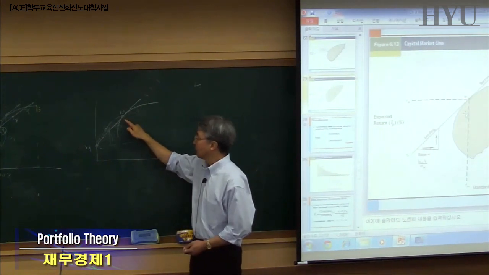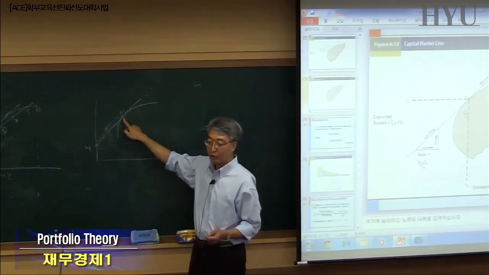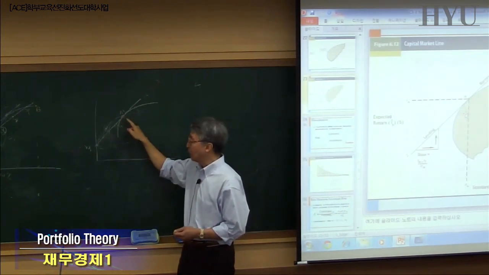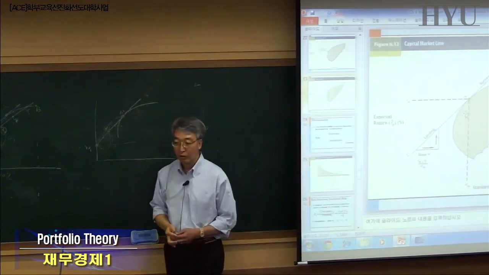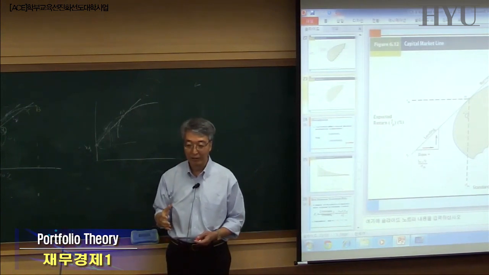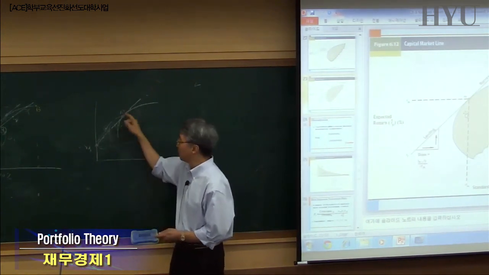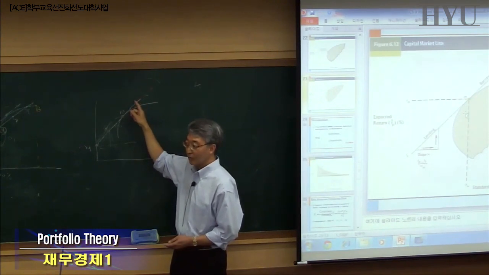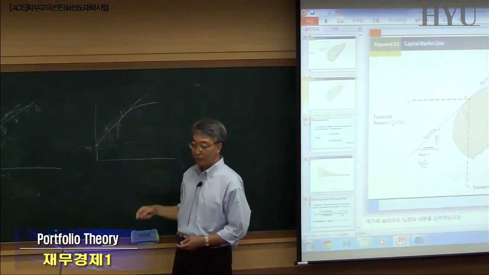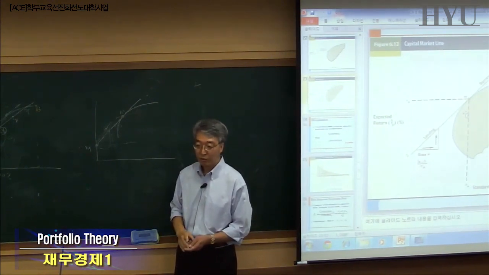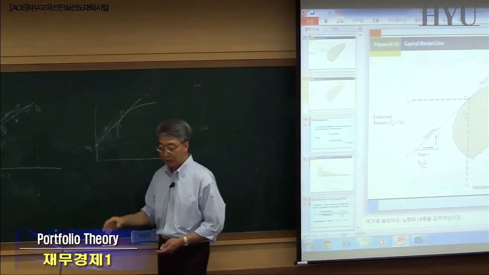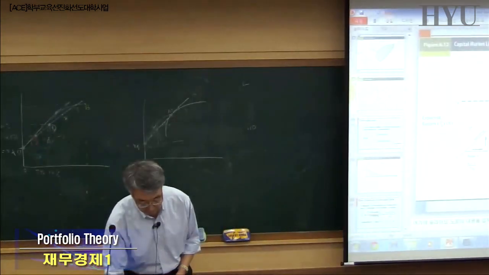So let's say this portfolio includes 1,000 shares of Apple and 1,000 shares of AT&T, right? If you borrow $1 million, that means you can invest in 2,000 shares of Apple and 2,000 shares of AT&T, which means you can double your return on your money, right? And of course, risk will double because in the worst case, you'll lose the entire $2 million instead of $1 million. Okay? That's the idea of lending and borrowing, right?